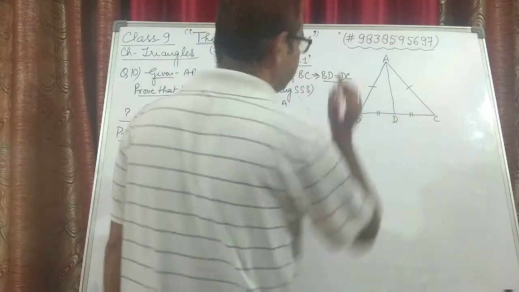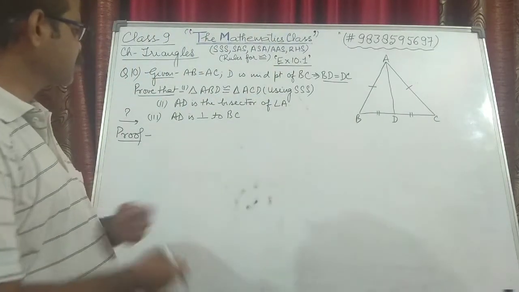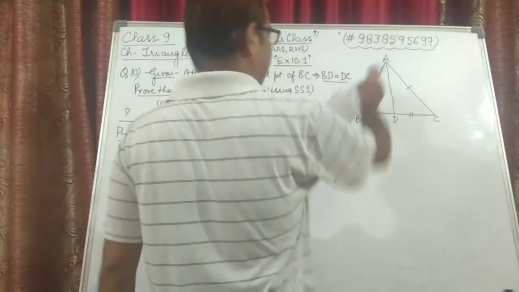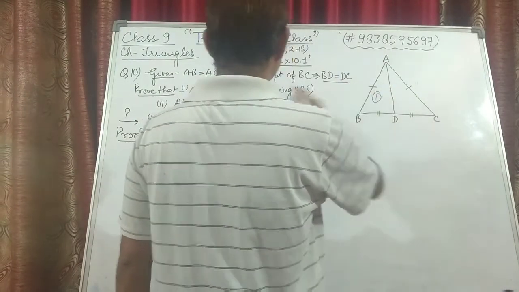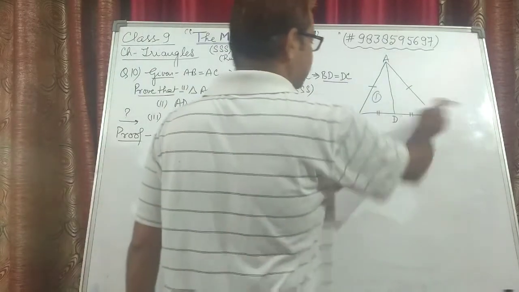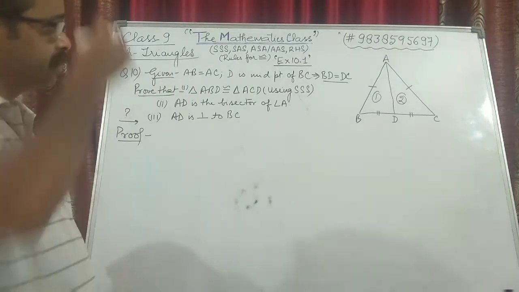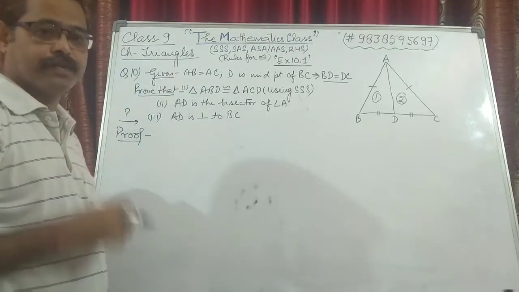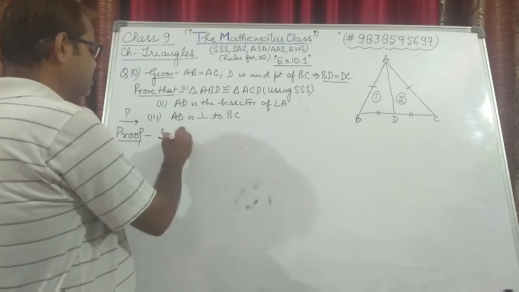This is given, but it is hidden. You have to understand. Now the question says prove that triangle ABD, let's say first triangle, is congruent to triangle ACD, the second triangle. So what we generally do when we write the proof, first we write which two triangles we are taking. So in triangle